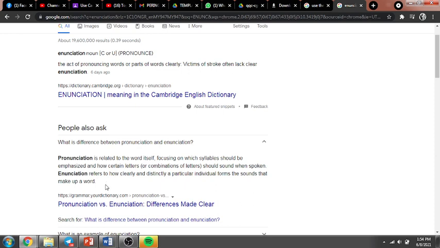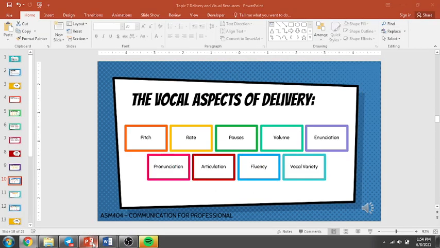Different individuals have a different kind of tone of voice, different pitching. So this is the one you have to look at before you do your presentations. And we also have articulation. Articulation is about the formation of clear and distinct sounds in speech. Clarity in the production of your letter sounds, word by word. That's why I can say these three things